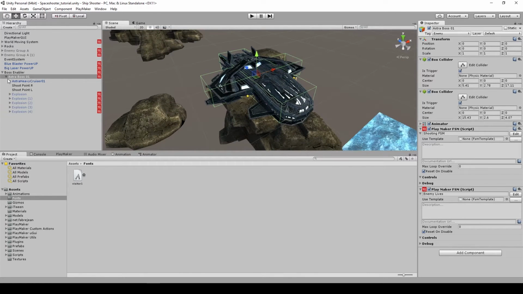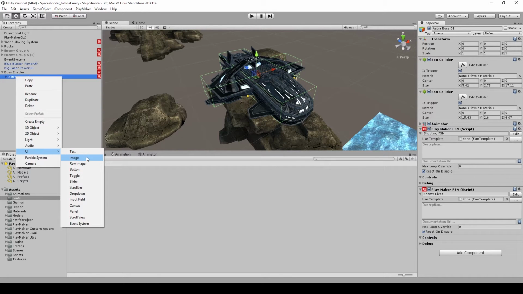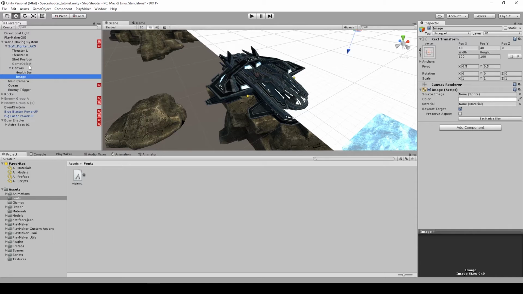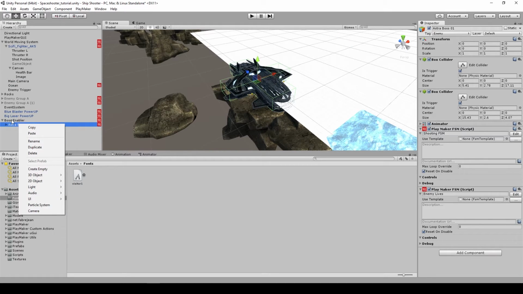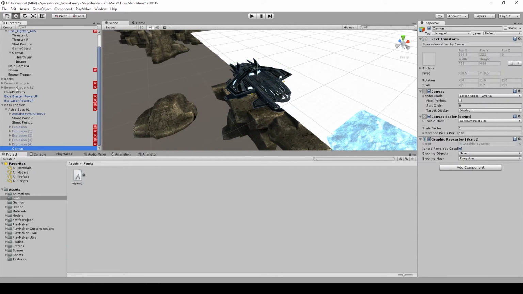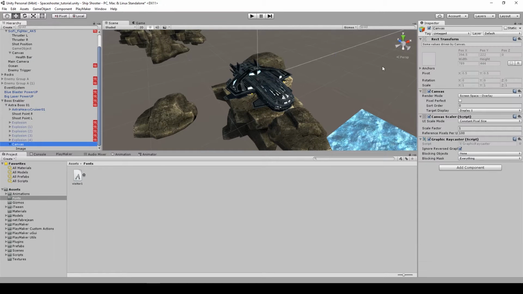Okay, so next we are going to create a UI image. Okay, I don't know why it's on canvas because we already have a canvas, so I need to create a new canvas here under the Astra boss. So UI canvas, and then drag this image to this canvas here. And for this canvas, I'm going to make this a world space,